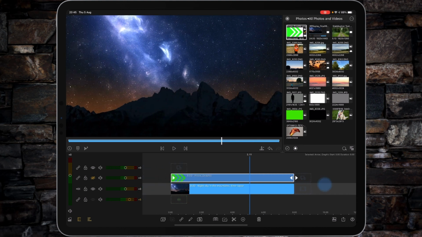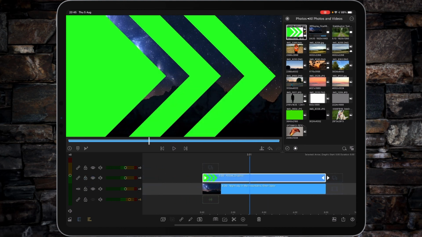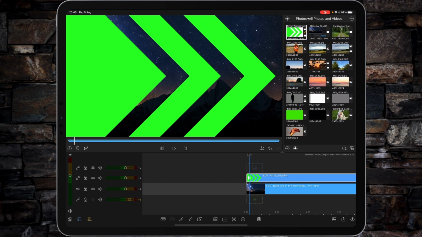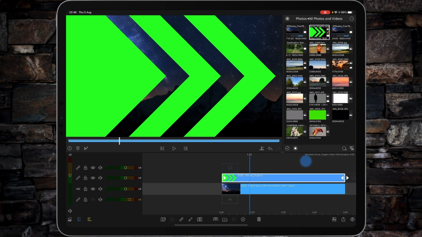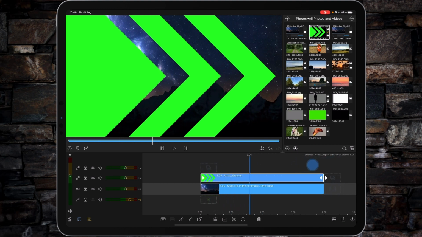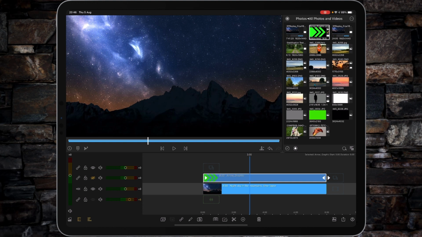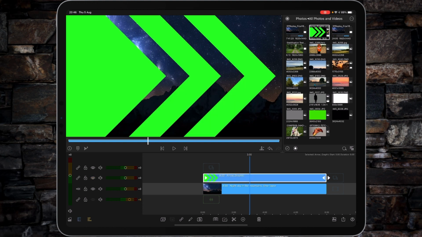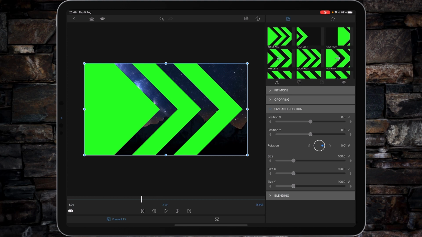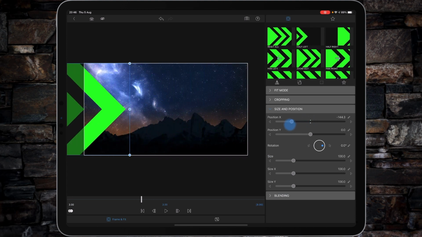Pretty cool. Switch our arrow back on, and next we're going to animate it using keyframes. So what we want to do now is come along the timeline to around about 3 seconds in, or basically as far along as you want to show the video clip underneath, and then we're going to animate the arrow appearing. We're going to double tap on the graphic. That takes us into frame and fit, and then we're just going to move position X all the way over to the left hand side until the green chroma key arrow is off screen, and then we're going to tap